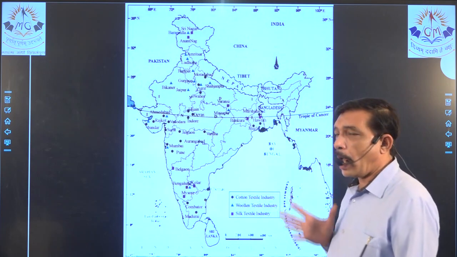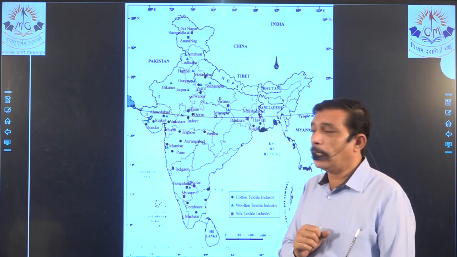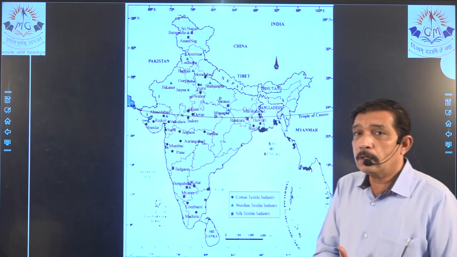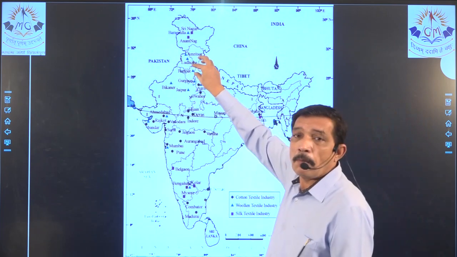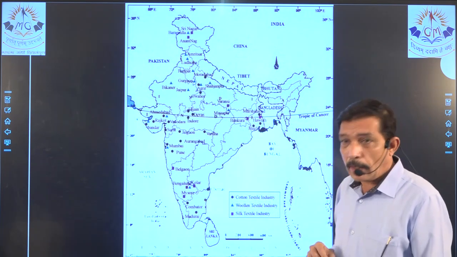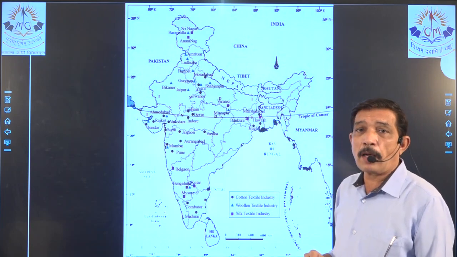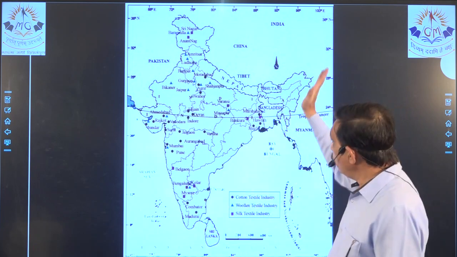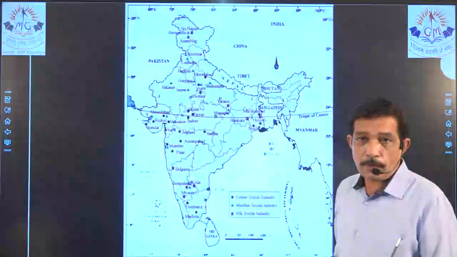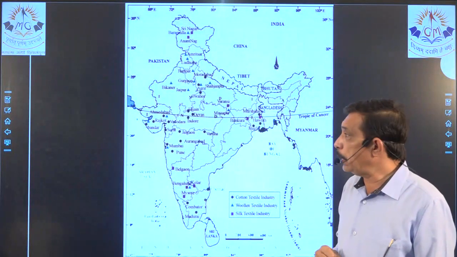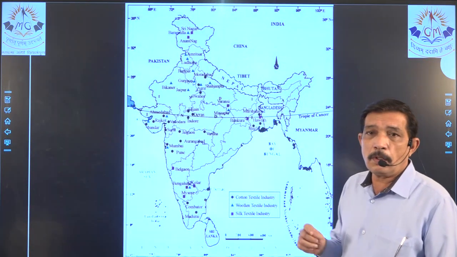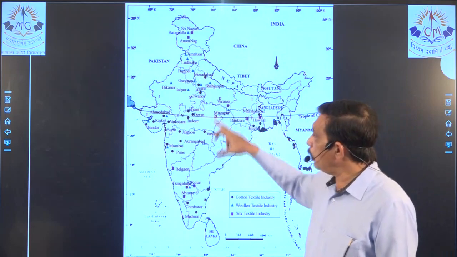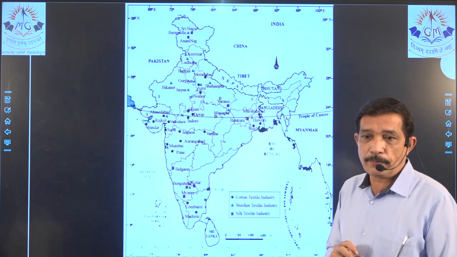Now when we are asked to mark, say, silk textile, suppose there are 4 questions in the map, right? Suppose wheat is asked, then we mark Punjab, the whole area, right? Then we are asked to mark the longest train route in India, that will start from Dibrugarh and end in Kanyakumari. So we are basically using this track, right? Now one sugar industry in MP, so we will be marking this center, right? That means 1, 2, and 3 areas in the map are used.